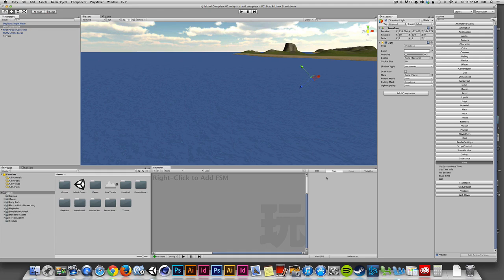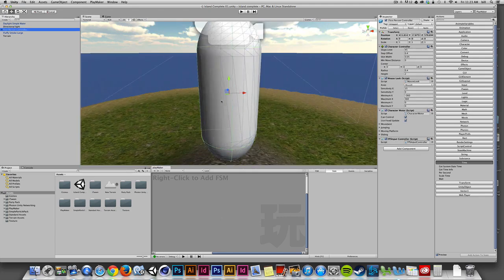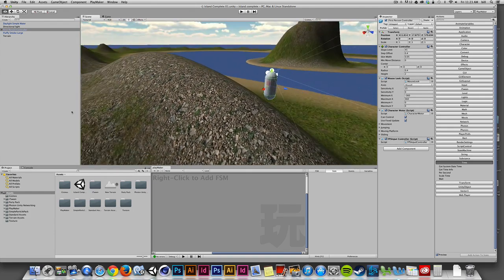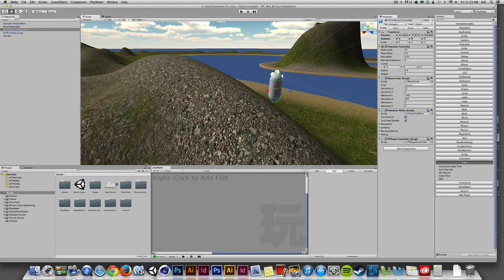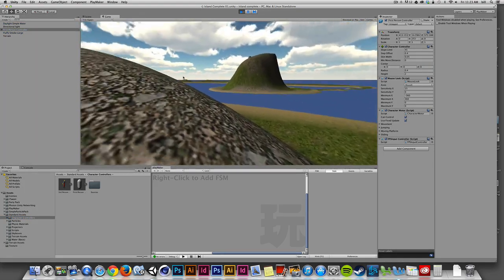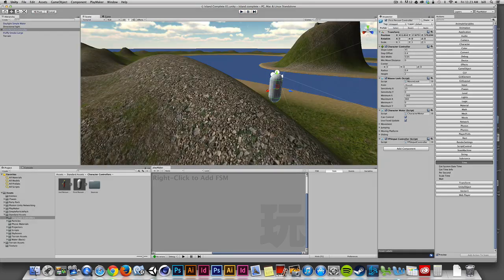So there we go. Now I'm going to jump back over to where my first-person controller was inside the scene. Just a quick reminder, we spent a little bit of time getting our environment up and running. I went into my standard assets and pulled out the first-person controller. I went into character controllers, grabbed my first-person controller and threw that inside the scene. At this point, when I hit the play button, I can run around inside my scene and I see that my textures are looking okay. I have a skybox in the scene,